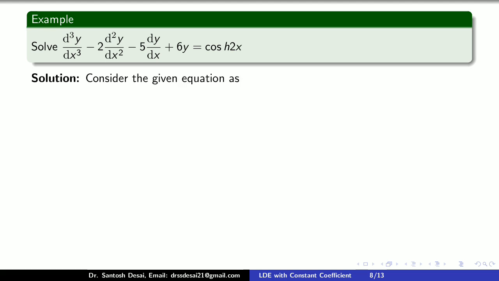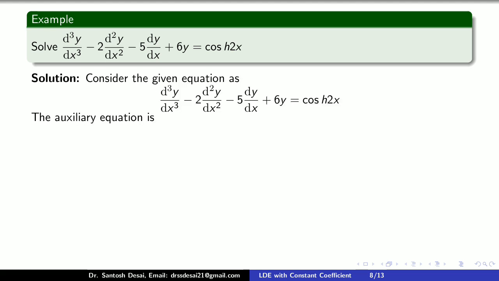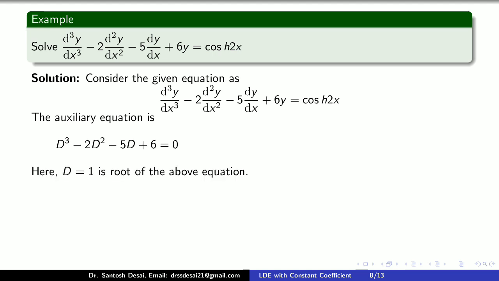So let us consider the given equation. Then from the given equation, the auxiliary equation is d cube minus 2d square minus 5d plus 6 is equal to 0. Now here again this is a cubic equation, so we have to use the synthetic division method again. To use the synthetic division method, again we need one root. So d is equal to 1 is a root of this equation. So by synthetic division method we get,